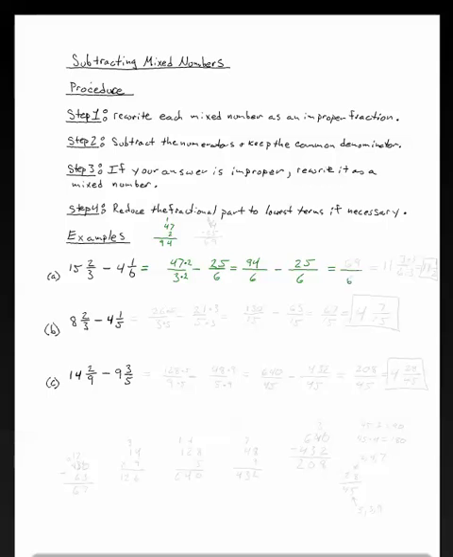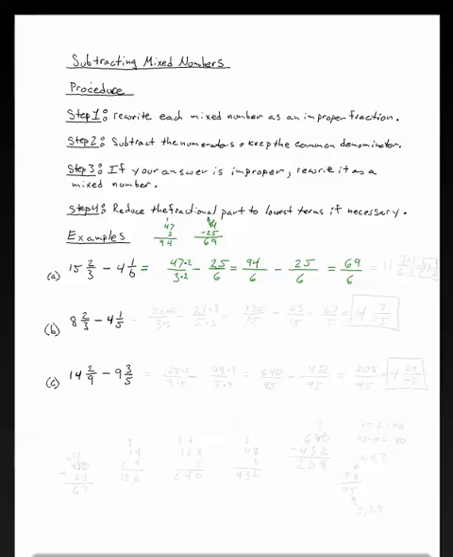Well, we know we're going to keep the common denominator of 6. All we have to know is what 94 minus 25 is. So 94 minus 25. 4 minus 5 we cannot do. So we have to borrow from the 9, make it an 8. Make the 4 a 14. 14 minus 5 is 9. 8 minus 2 is 6. So we get